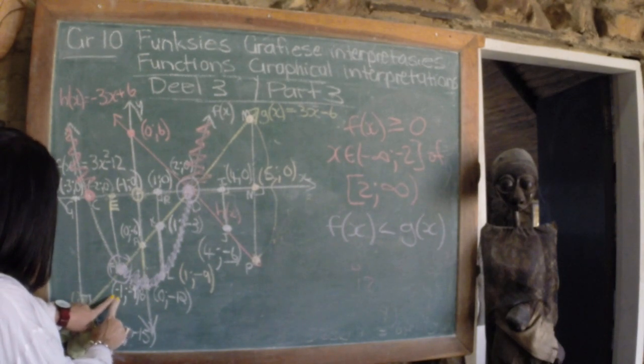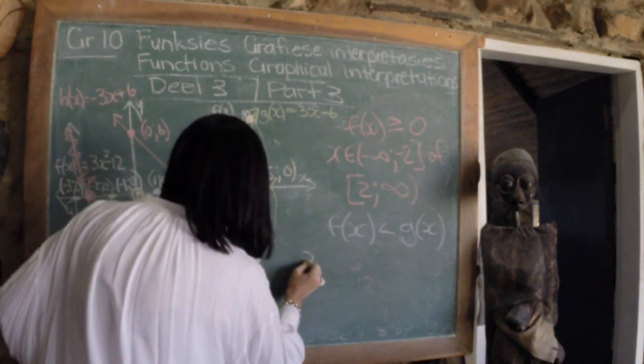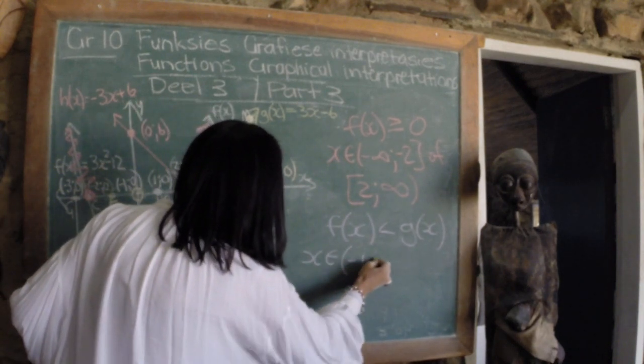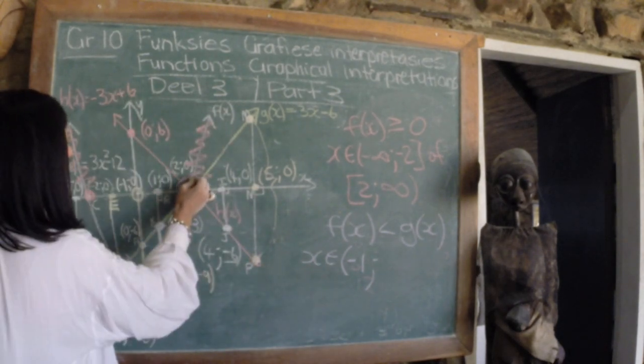Ons het hierdie x uitgewerk as minus 1. So dis x element van, na minus 1 up to just